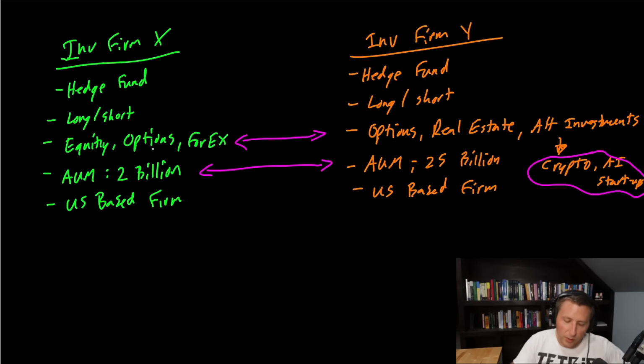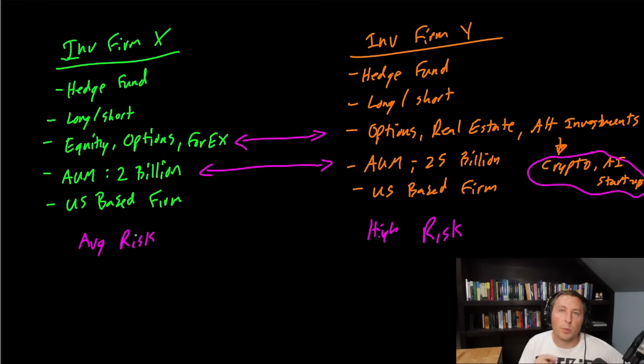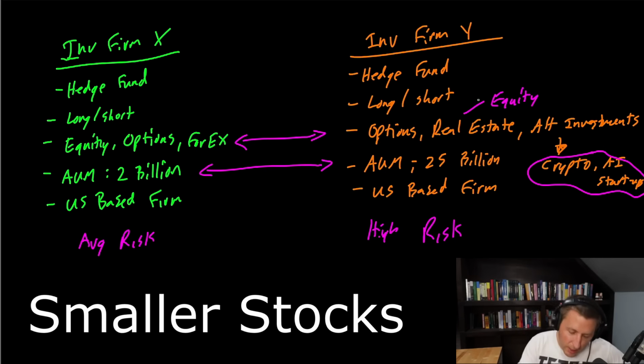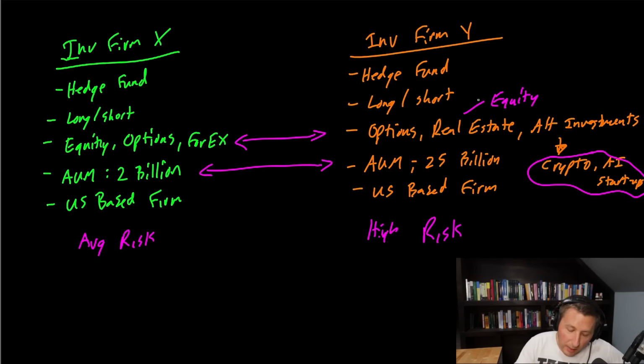The risk spectrum. So as I mentioned, this looked like a high risk fund, and this looked like an average risk fund. This will put different rules and stipulations on what sort of options you could trade. Even if we added an equity or something into here, my guess would be that this firm-wide is going to be chasing high-risk returns. They're going to be trading a lot more small positions. You might even have a lot higher leverage in this firm that's going to be allowed because it's free roaming. It seems a little bit more cutting edge.